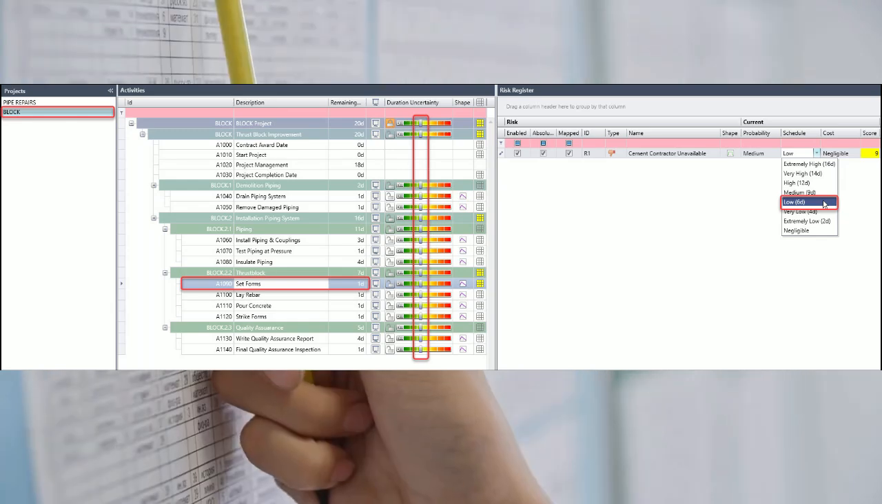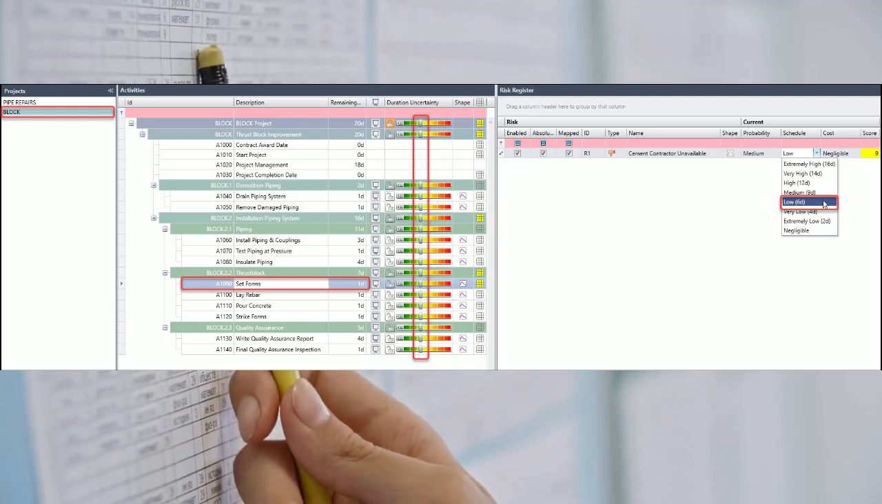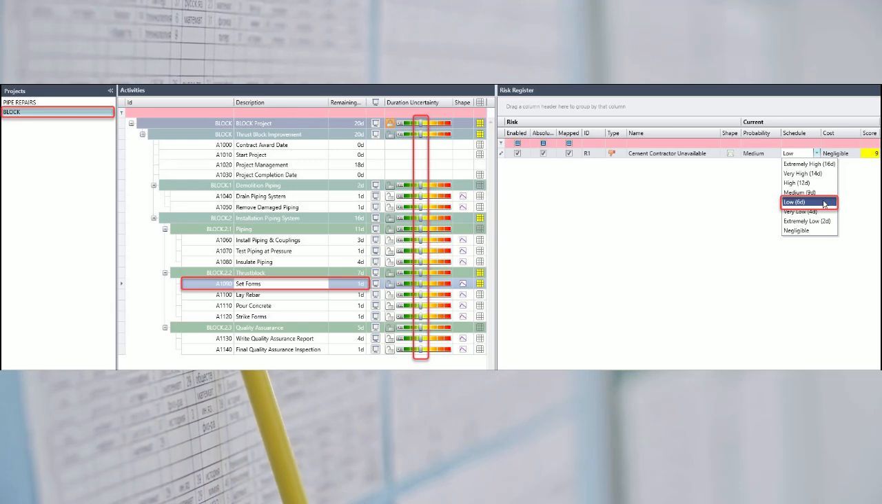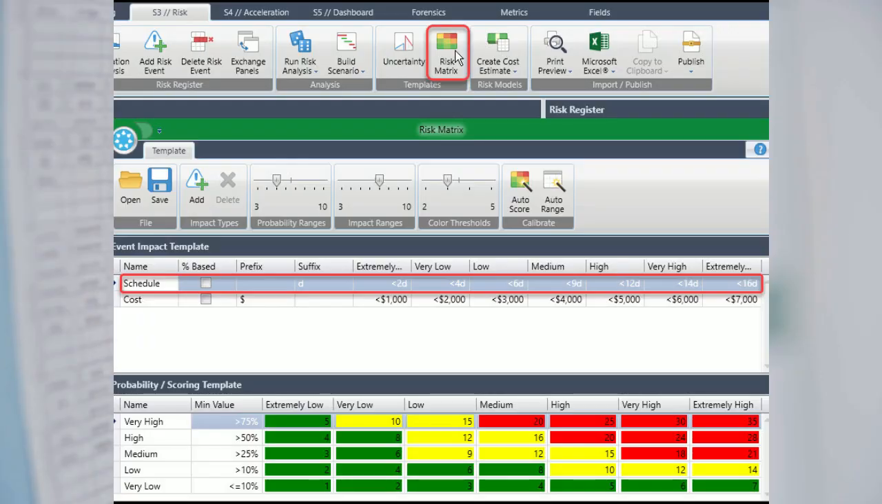Continuing, we left-click the block schedule in the navigator pane. The duration uncertainty slider is again set to conservative. This pipe repair and improvement project includes the risk that the thrust block installation contractor is unavailable when required. To define this risk, we create the cement contractor unavailable risk event. We then map the risk event to the set forms task, which is the first activity in the thrust block